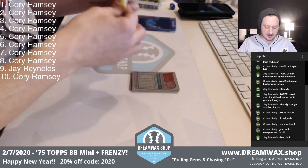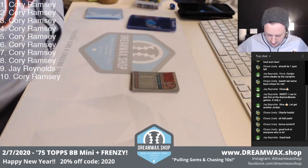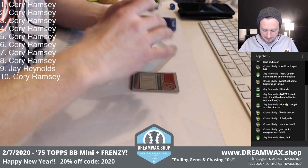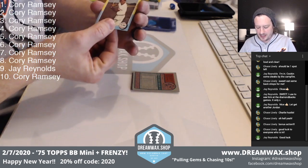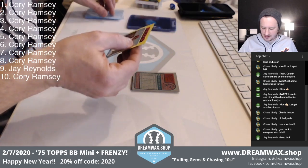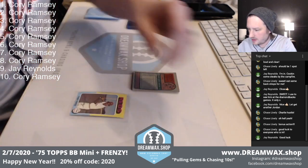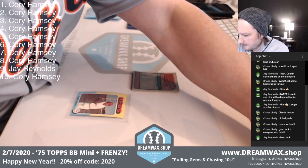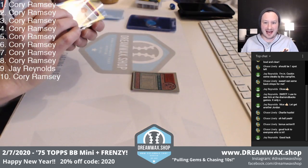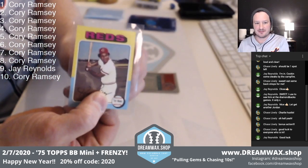So, nice little collection. Add to your personal collection. Spot number 1, little OC on the back. Anastasio Perez, Tony Perez. All right, I saw the Anastasio, and I was like, it's got a little bit of little gum action on there. What a way to start the pack right away. Hall of Fame action. Tony Perez,